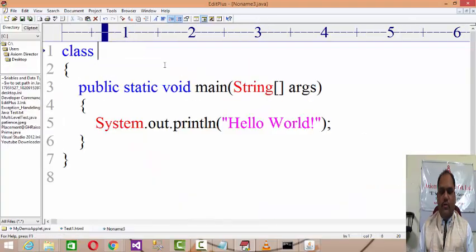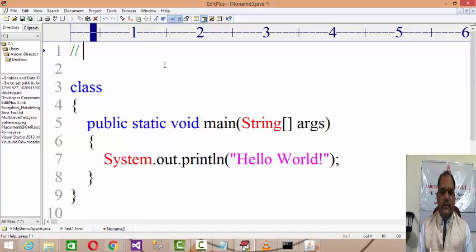Let us say I want to draw a design using an applet.